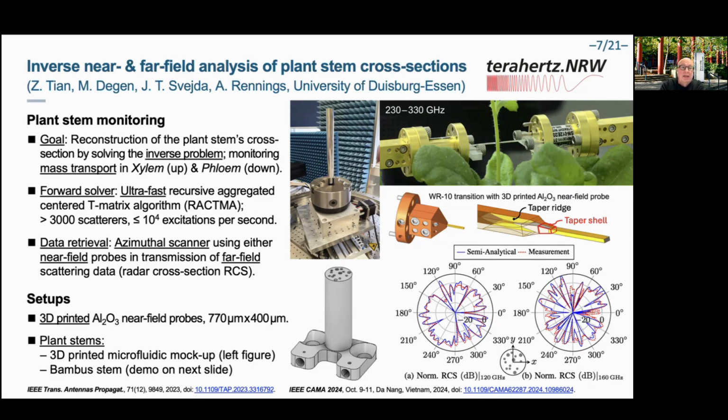We are looking at the plant stem using near field and far field analysis with corresponding azimuthal scanners in order to retrieve the cross section of the plant. So the goal is to reconstruct the plant stem's cross section. Why do we want to do that? Because by solving the inverse problem, we could estimate the cross section of the plant, and that would allow